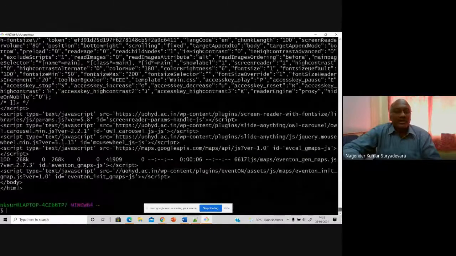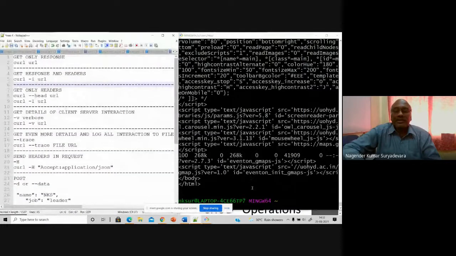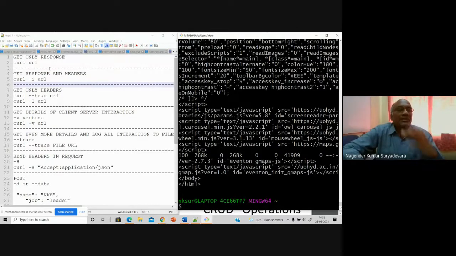Because it is a very huge file, you will not see all the response codes and other things. So there are commands for you to understand. Let me show you the commands which can be used with curl for applying those HTTP methods. If you want to see the response and the headers, basically the headers contain the response codes and all, then you have to issue the command minus I, that is small i.